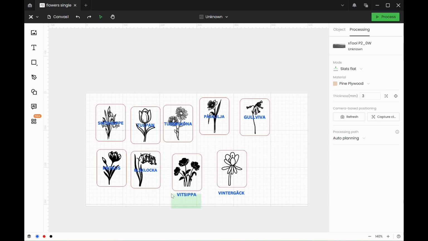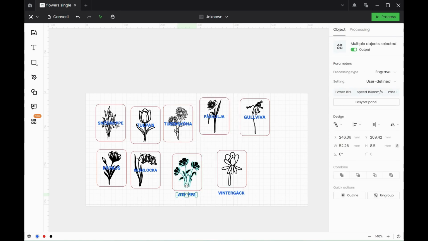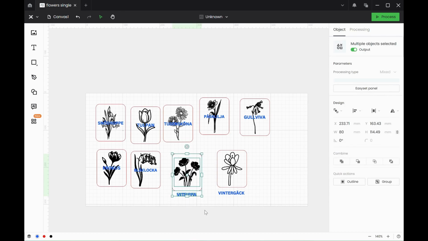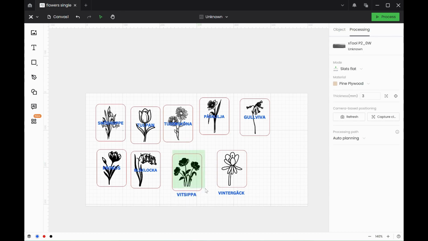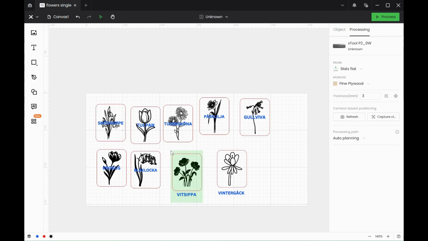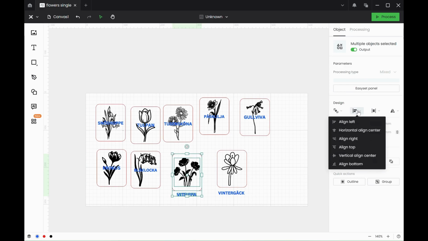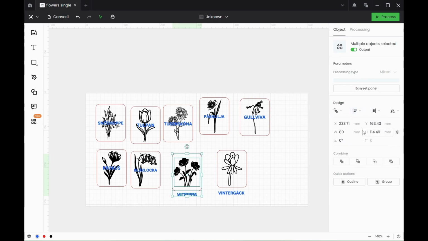So if they are individual letters, like you can see they are here, then you highlight them, right click, and group. And the same with the flower as well. Some of the flowers were not grouped. If they are different pieces in an SVG, you can click on that and it usually comes up with combine, unite, but these are already combined, so I don't need to do that. So basically align, horizontal align center, you can see it moves the line a tiny little bit to the center,